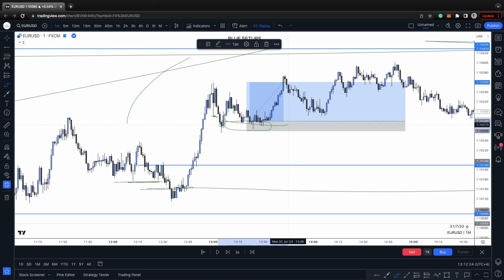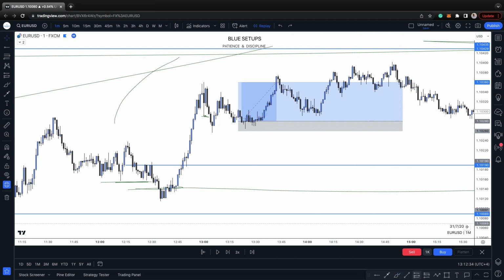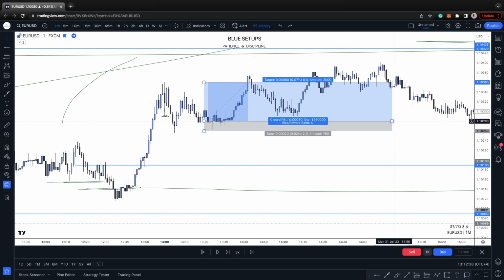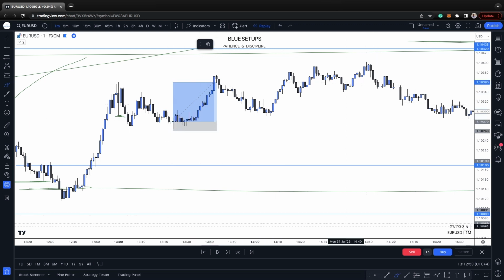Okay, price came into it, it tapped, and then I could actually very nicely get into the trade with a very nice entry model based on how I trade. See this pin bar right there, there was a very nice pin bar entry right there. So I had the entry just at this candle and the stop loss below that candle, and of course based on the 1 minute time frame, this would have been, based on my framework, my very first target, and my second target this one,